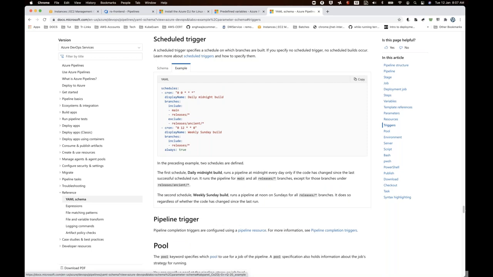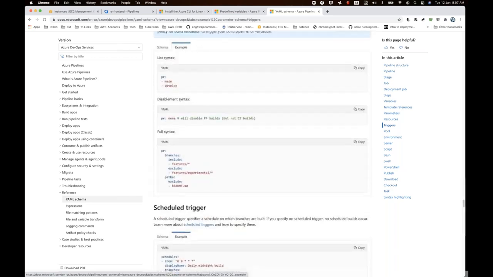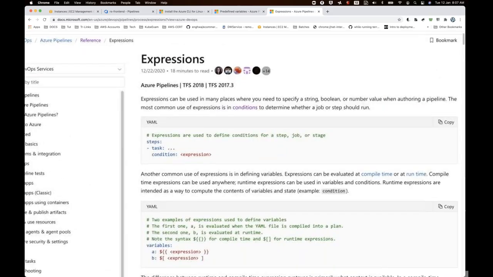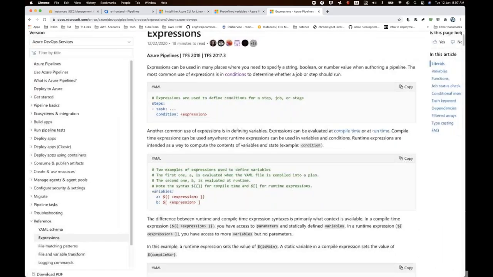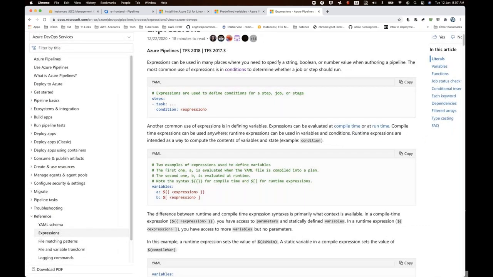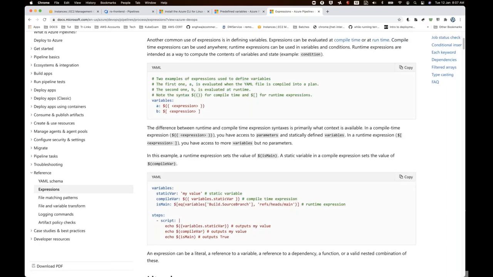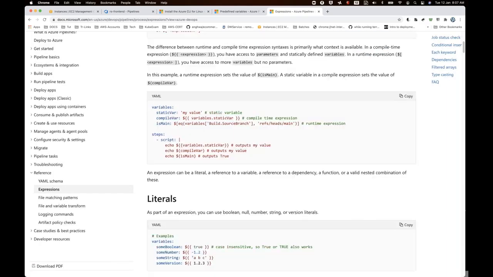So in that particular case, I want to use some kind of conditions. Okay. So I want to use some expressions basically. So the next section I want to come to here is an expression. In the expression, what is it actually trying to tell? Okay. So the task and the condition and the expression. Okay. So we need to build some expression and we need to validate that